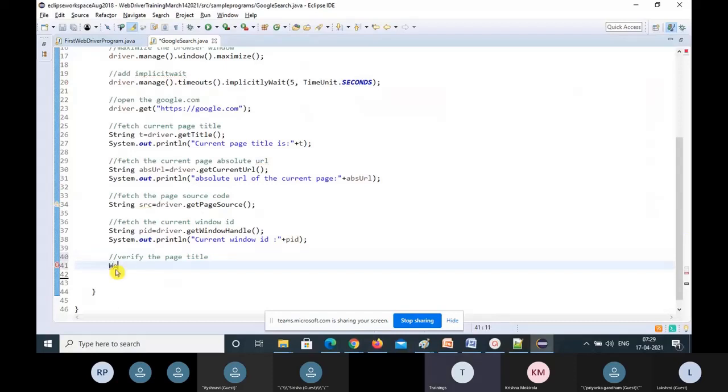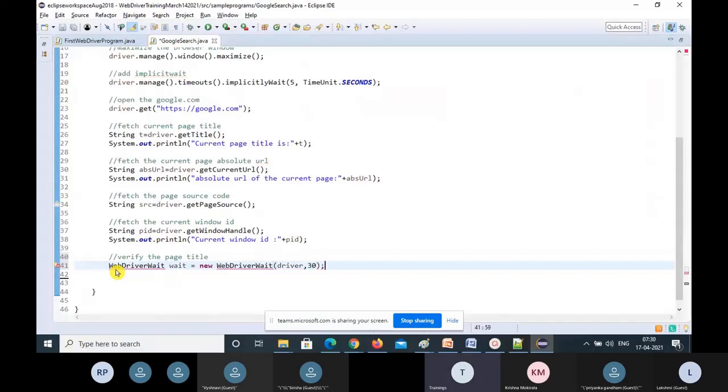For that, I need to use explicit wait commands. So WebDriverWait wait equal to new WebDriverWait, driver comma. I need a driver as the first parameter, and I'm giving 30 seconds.